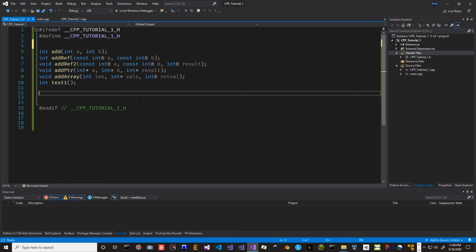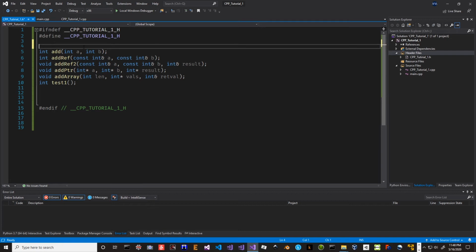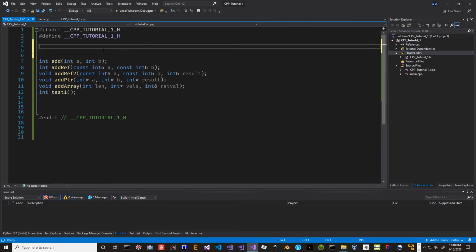Basically, it's a way of creating an alias for a particular type. The C++ standard library has a variety of types. And